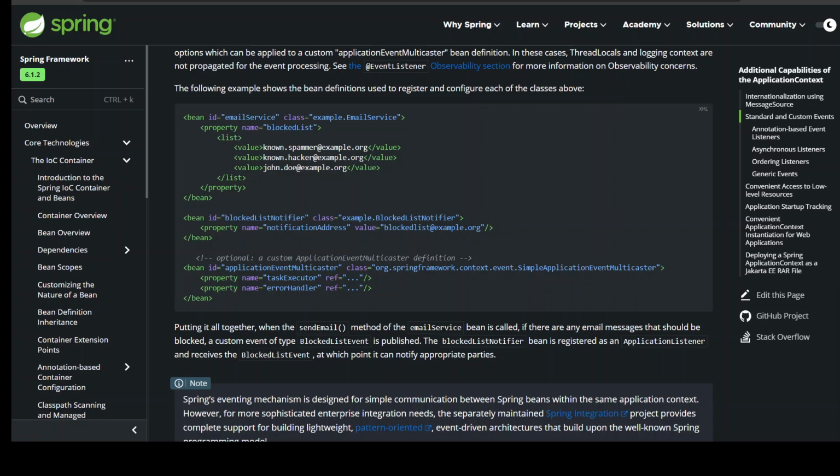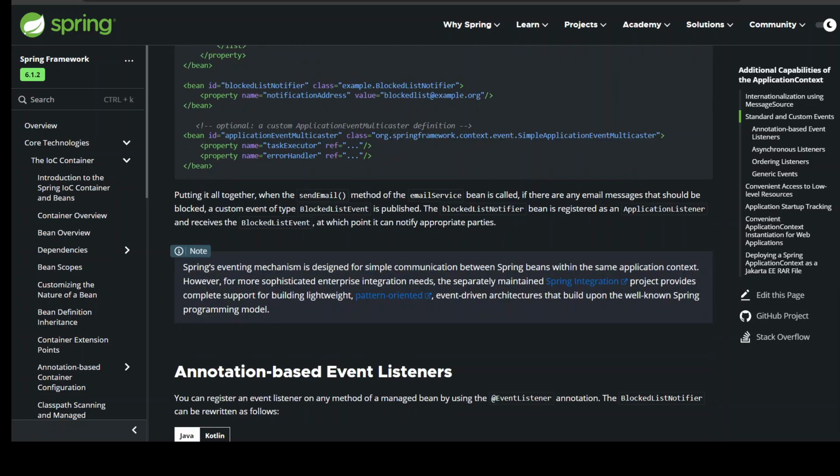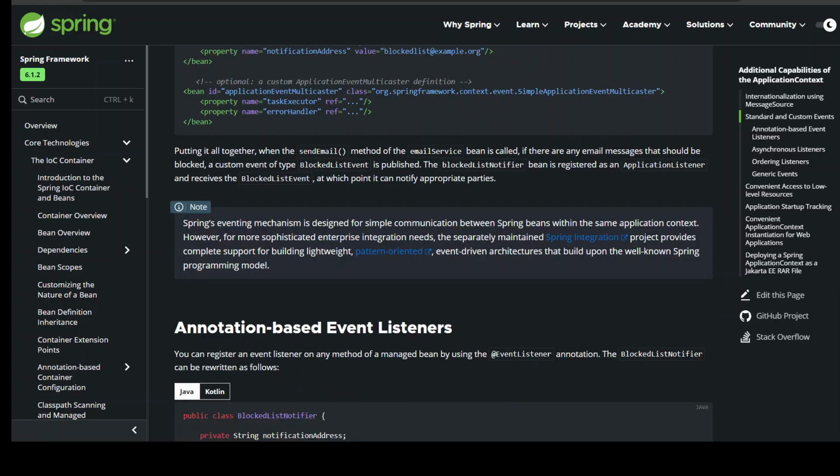<bean id="blockedListNotifier" class="example.BlockedListNotifier"> <property name="notificationAddress" value="blockedlist@example.org"/> </bean> <!-- optional, a custom ApplicationEventMulticaster definition --> <bean id="applicationEventMulticaster" class="org.springframework.context.event.SimpleApplicationEventMulticaster"> <property name="taskExecutor" ref="..."/> <property name="errorHandler" ref="..."/> </bean>